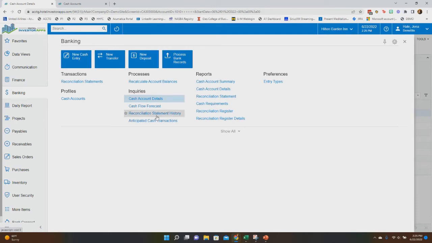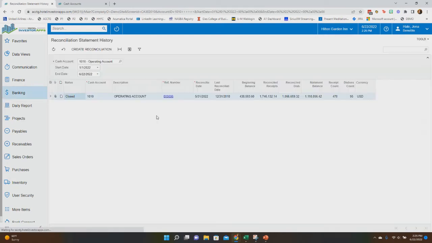We do have a reconciliation statement history. This is a quick inquiry. All it's going to show you is for your accounts what reconciliations have been done. This would allow somebody, especially maybe like an owner, your controller that wants to just quickly see what's there. You're able to view this easily without that whole list and having to filter the whole list on the reconciliation statement. And at this point, if you were in here and you wanted to start your next statement, and we could even put this 8 through 7,